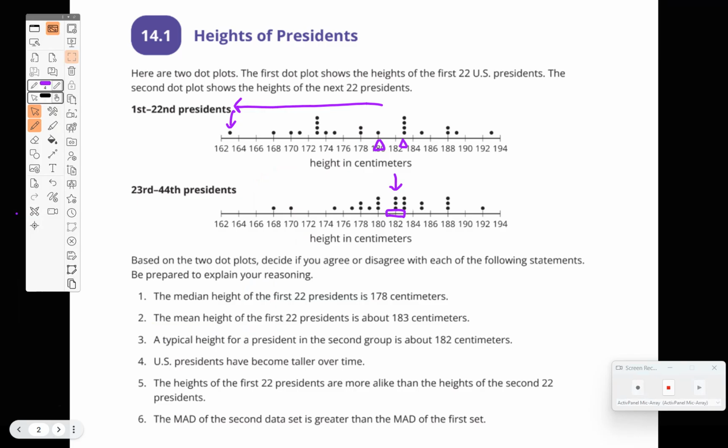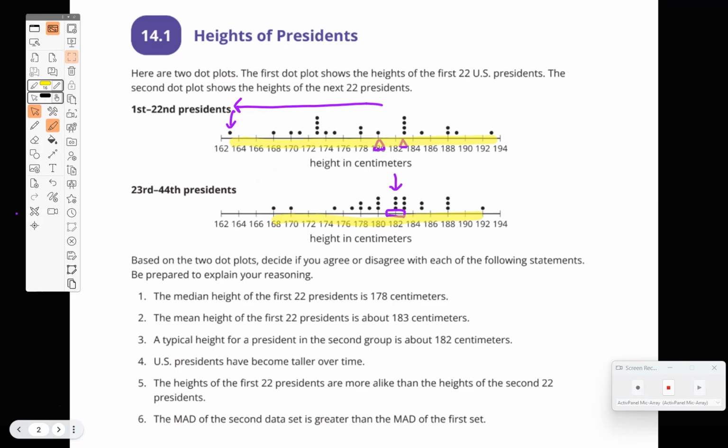Because in the 1st to 22nd president, there's more smaller presidents from around 125 to 162, but this one is more on 105 to